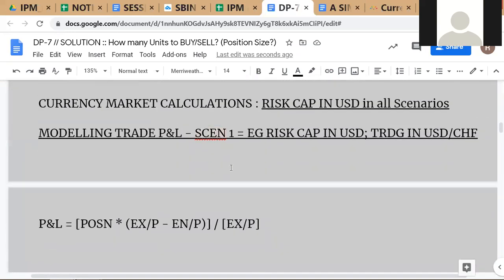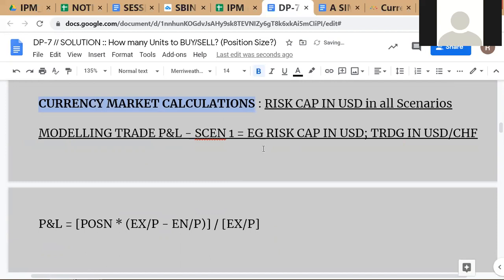So in the first scenario, we look at currency market calculations. Scenario one is: risk capital is in US dollars, trading is in USD Swiss. Okay, we can make it